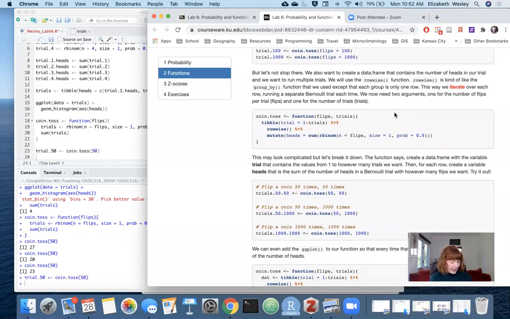So we can also add a bit more to that function to make it a bit more useful. Because if we wanted to give this to ggplot again, we need it to be a data frame. And we would also like to run those trials many times, right? So this last time where we flipped our coin 50 times, we want to be able to do that 1,000 times, say, so that you can see how that distribution of the number of heads, as you increase the number